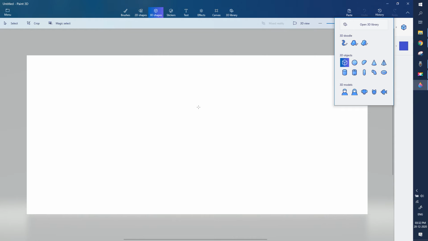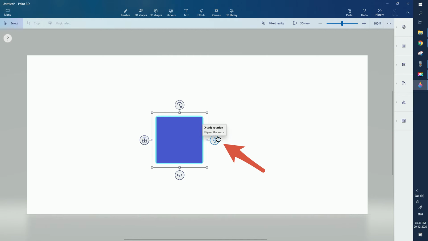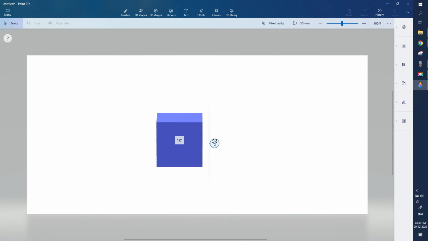After clicking on the cube icon, I will single click on the drawing area. And here you see a cube. Here we have a few buttons to interact with this cube. For example, on the right hand side, we see one rotate button. Using this button, we can rotate the cube in up and down direction or in vertical direction.